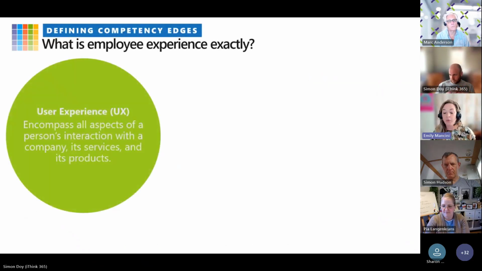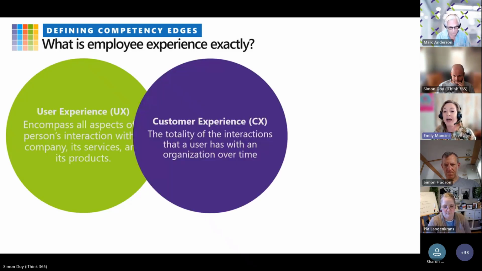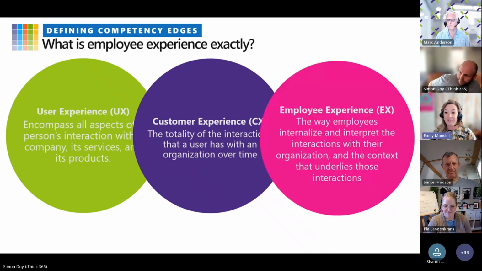Now, moving forward, we've talked a bit about staff and training and people and communities. Let's add in employee experience and see what we can find on the edges of these different potential competencies. So looking at employee experience, here's 3 terms that people tend to throw around and not necessarily use consistently or in relation to each other. Kind of people treat them as if they're all in the same tier, but they're actually related to each other.